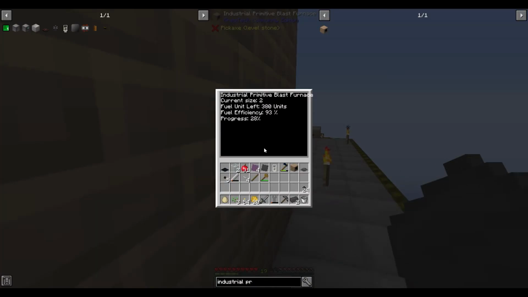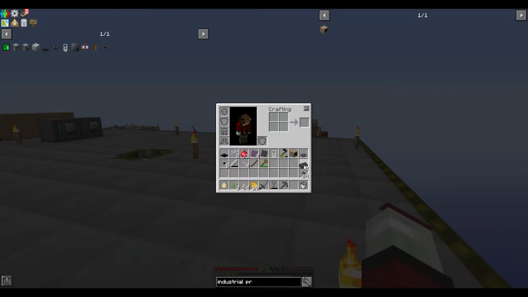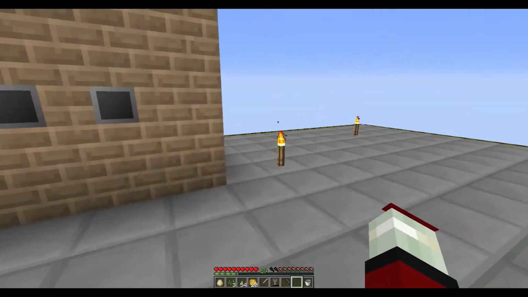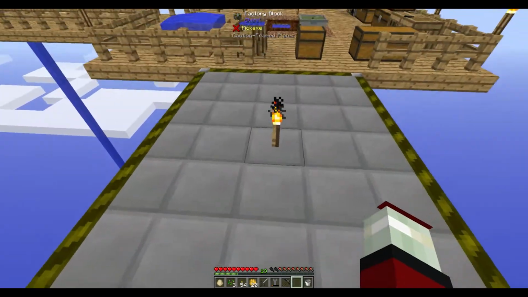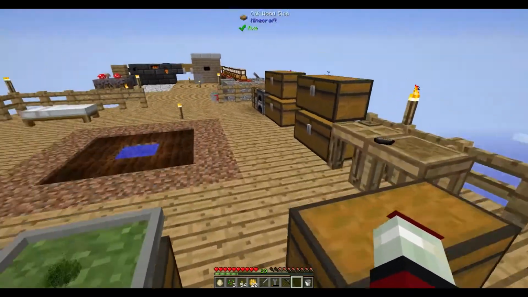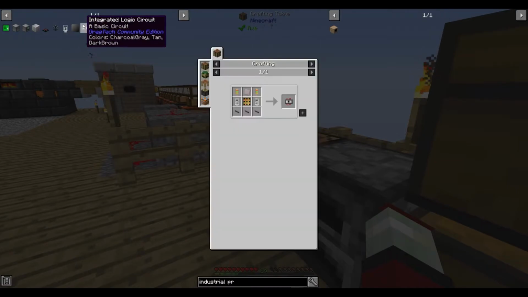Yeah, so that's burning free fuel relatively quickly, but that's fine. Can make up lots of charcoal in our coke oven. So that's been upgraded. Right, the next thing. Integrated